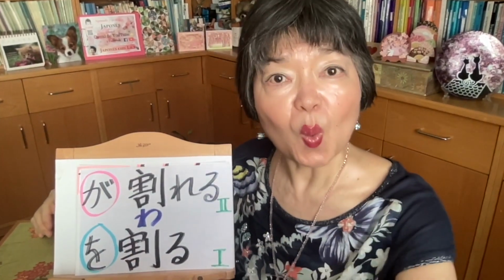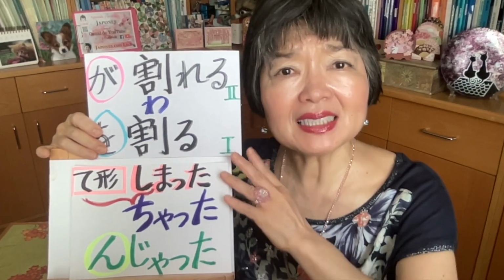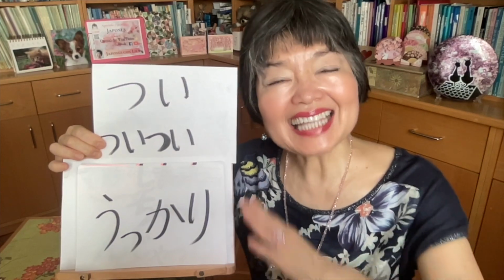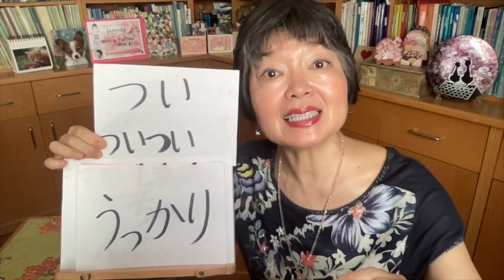Now the transitive verb, in this case, something を割る. And I broke something, but I didn't want to, I didn't mean to, but that was my mistake. And I didn't pay enough attention. So in this case, this adverb うっかり is appropriate. うっかりグラスを割ってしまいました。うっかりグラスを割ってしまった。うっかりグラスを割っちゃった。